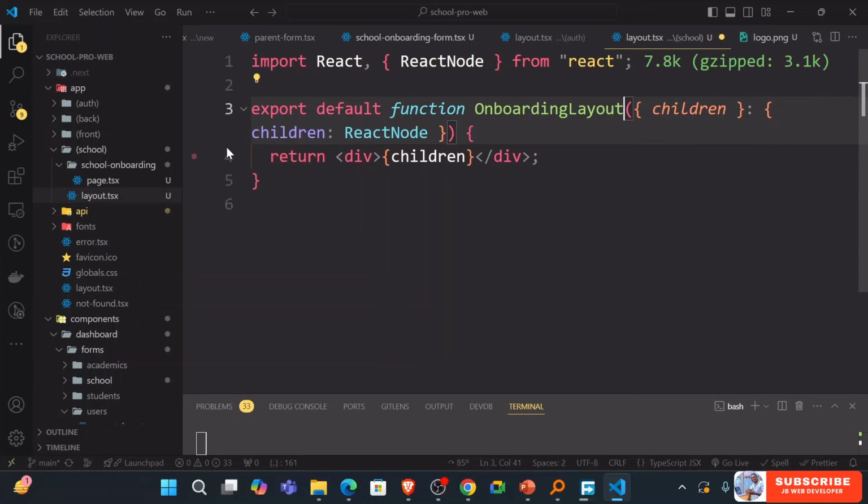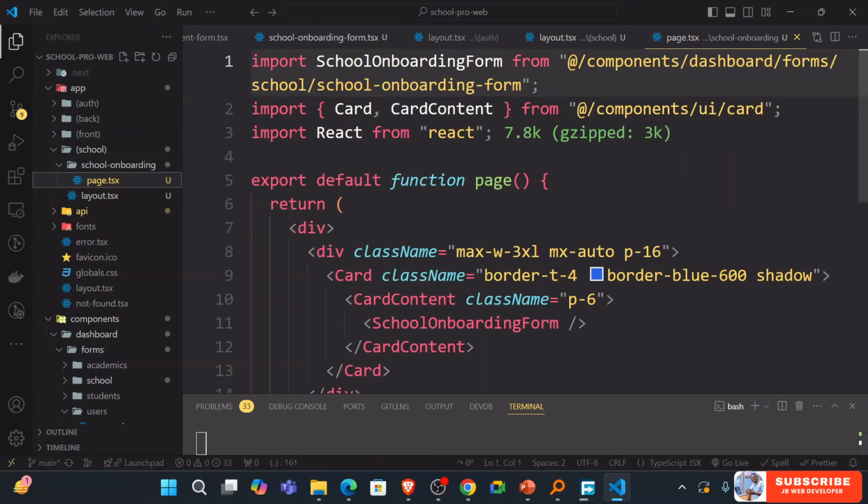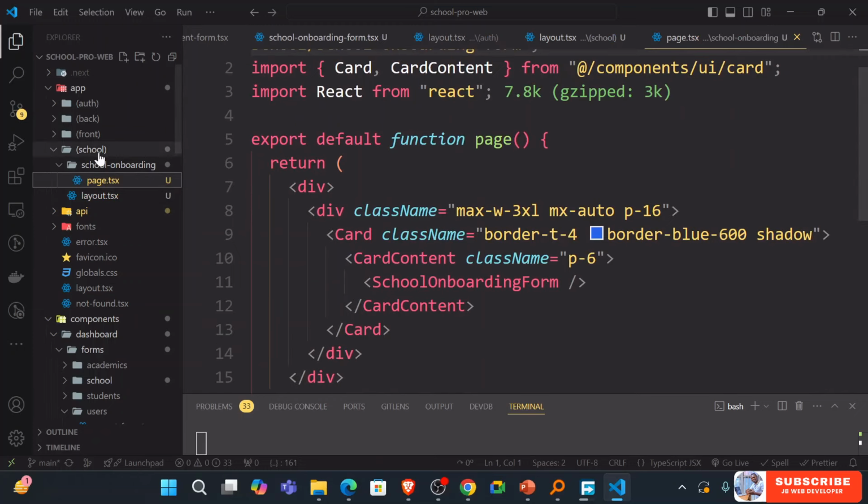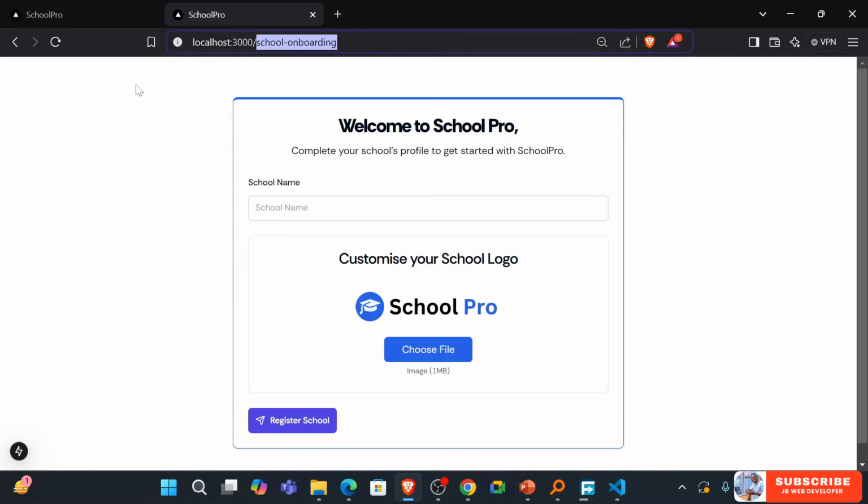Okay, so this is good, and then we have the page that has this onboarding form. I think everything should remain exactly the way it was. There is no change to this. Okay, so you can just go ahead and, for instance,